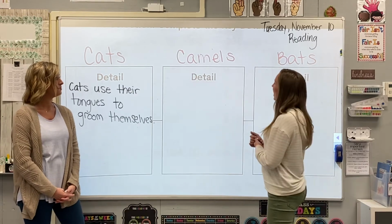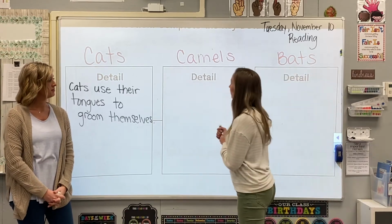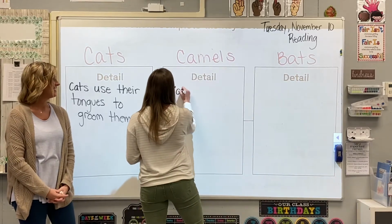Yeah. So I think I'm going to write about their humps on their back and also how people can ride them. So I'm gonna get that marker. It's always tricky to get that marker. I'm going to write camels